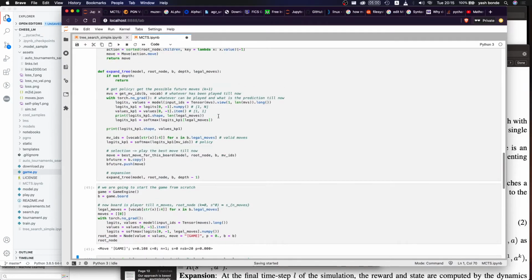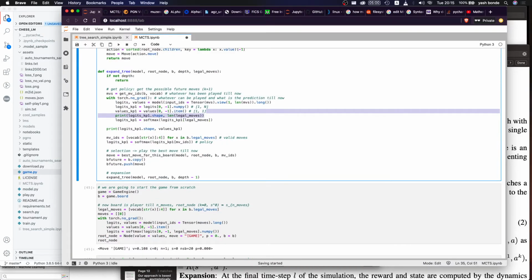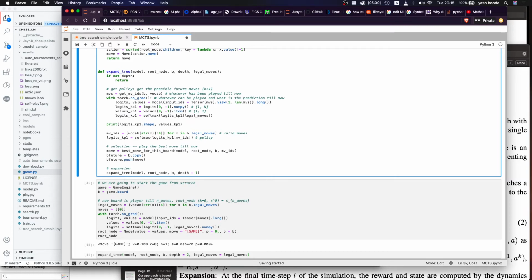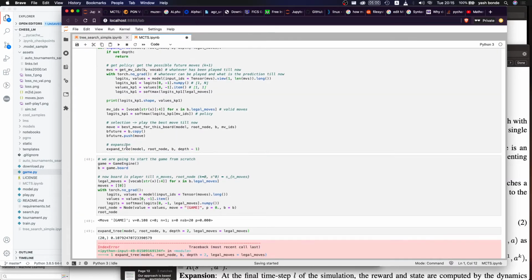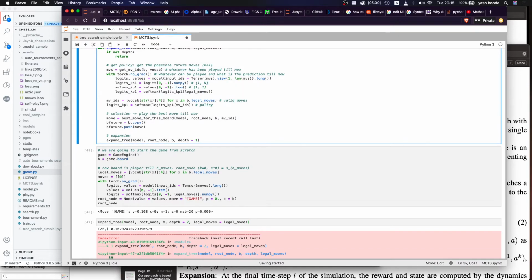Oh, I'm actually looking at the wrong one. It's actually working. Okay. So I had to get just the 20 things, I had to get the value of it. Okay. So now what I need to do